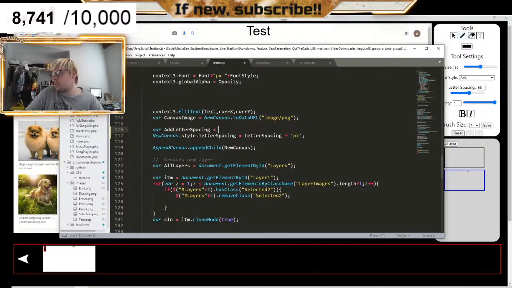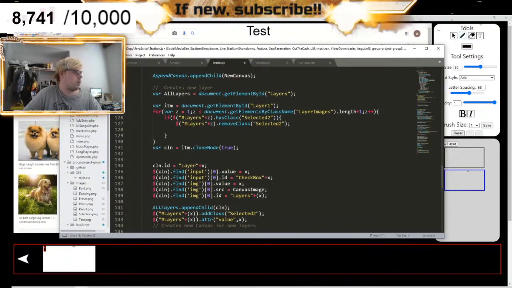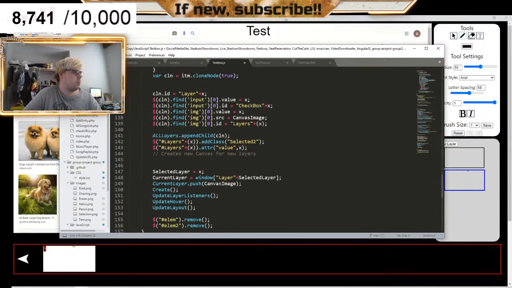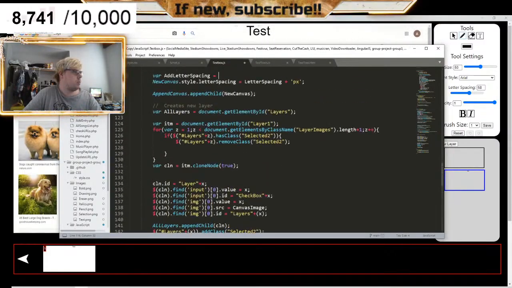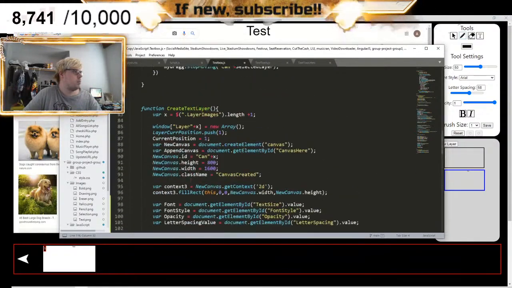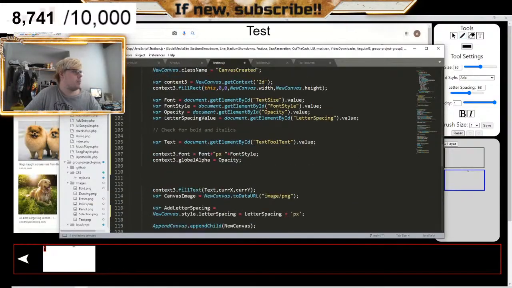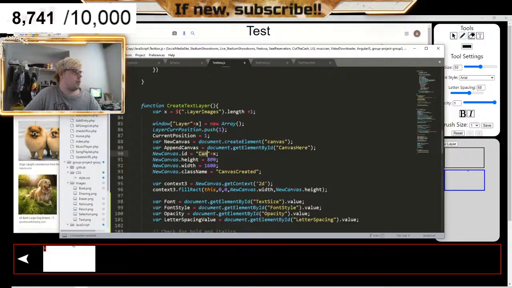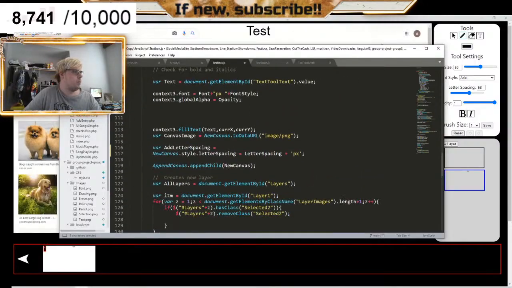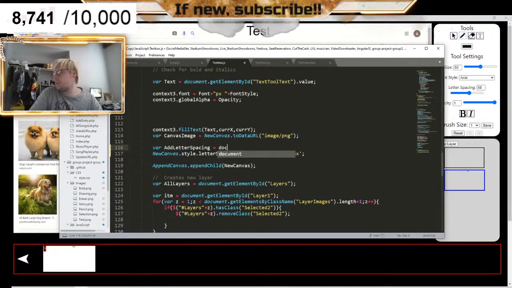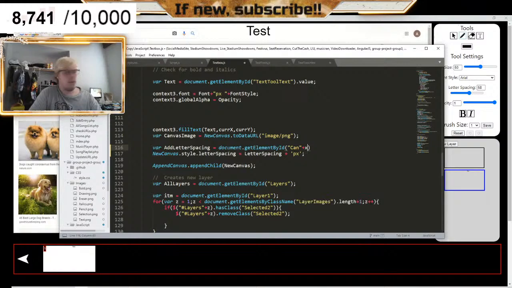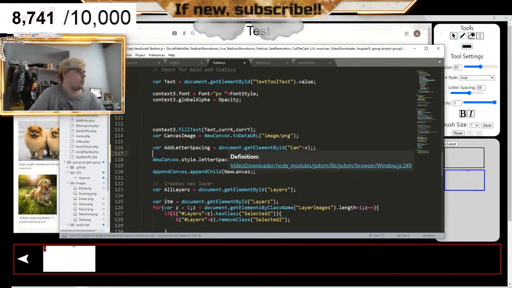So we have to do X. So when we do here, canvas ID, new canvas, we do document dot getElementById by this, and then plus X, and then we do